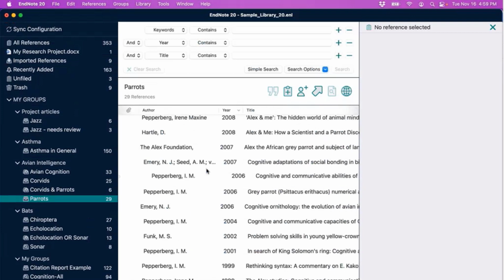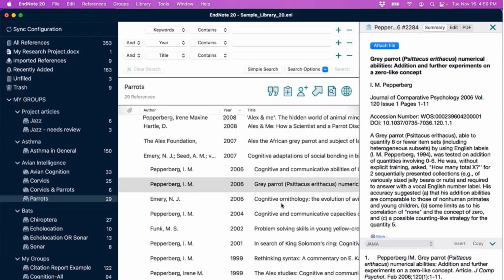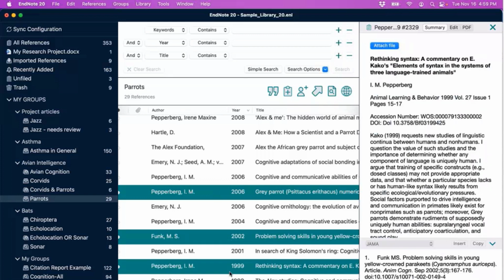From the reference list panel here, we can read the details for the references that we've got. And whenever we're ready to add a reference, we just need to make sure that it's highlighted on the library window. So we can have one entry highlighted, make a standalone in-text citation. We can hold down Command as we click on a second or third reference, and we can make a grouped citation. Whenever you're ready, there are a couple of options to initiate this command, but I'd say the easiest way to trigger the Insert Selected Citation shortcut is this quotation mark symbol here.